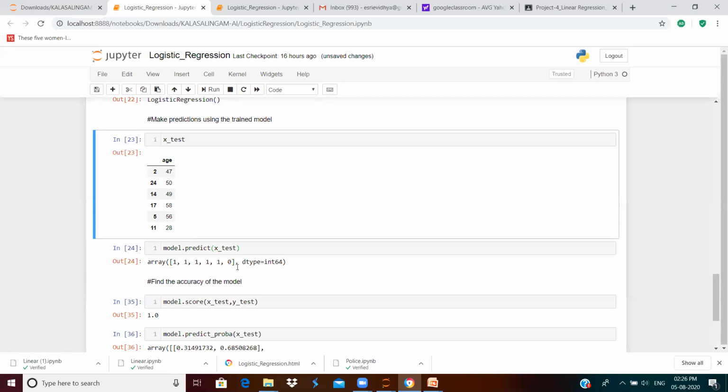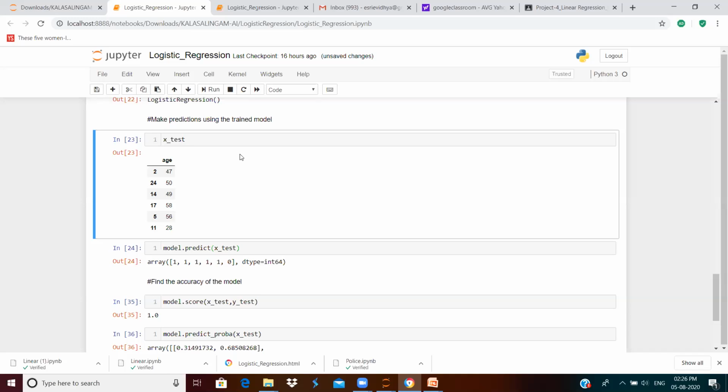So these are the predictions we have made with our logistic regression model. Age is the X variable, the independent variable, and whether he will purchase the insurance, yes or no, is the categorical dependent variable. Here we have split our data set into a training data set and a test data set.